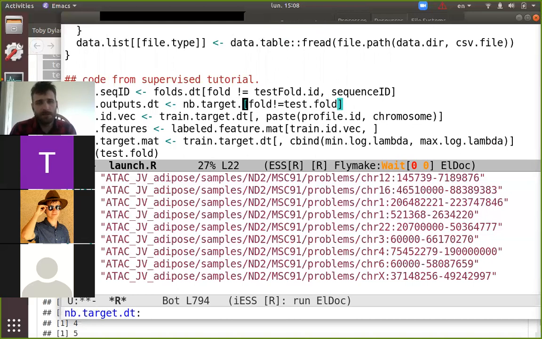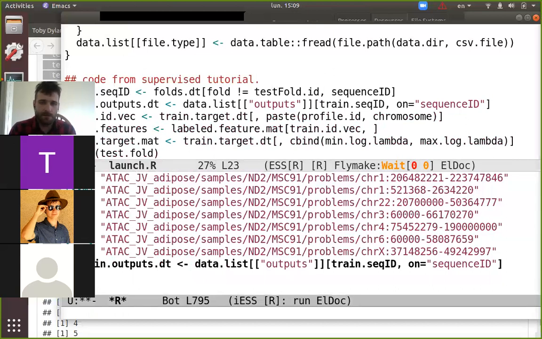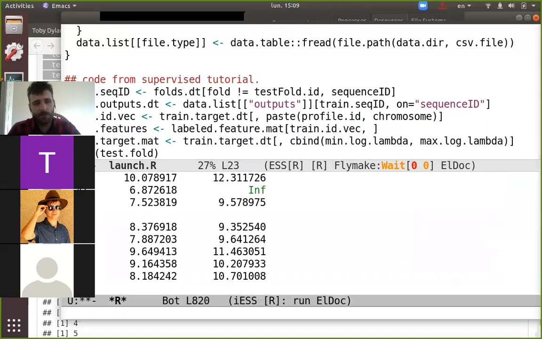This is going to be equal to data list outputs, and again we can do sequence ID, or actually let's select all of them which correspond to train seq ID on, and then do on equals sequence ID. That's going to give us this train outputs DT, which is just this data table of 335